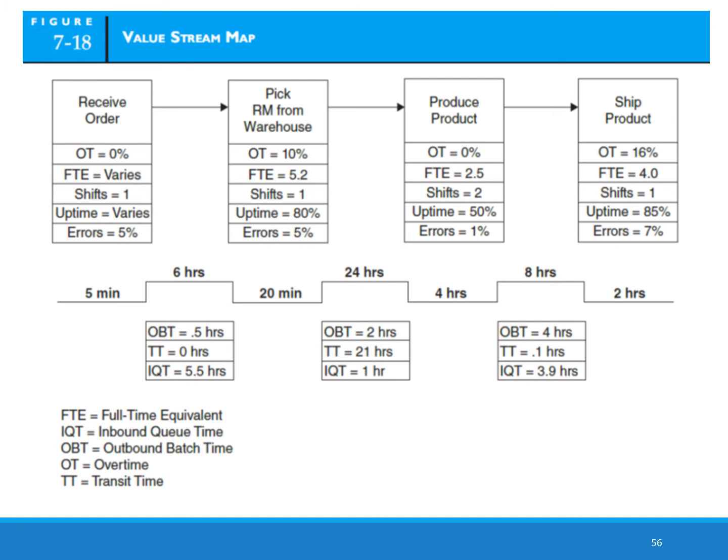So the idea here, if you notice, is that we have the outbound batch time of 6 hours, and then the inbound queue time of 5.5 hours. By identifying the process in terms of timing, overtime, shifting, and all of these details, and doing the analysis, we can value stream the activities and know which activity should be eliminated or reduced, and how to combine some activities,